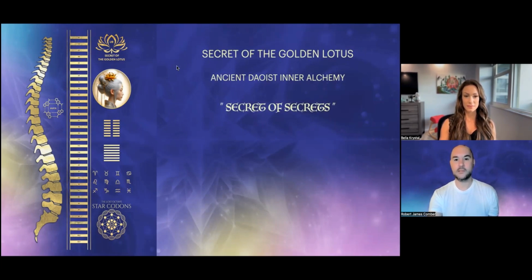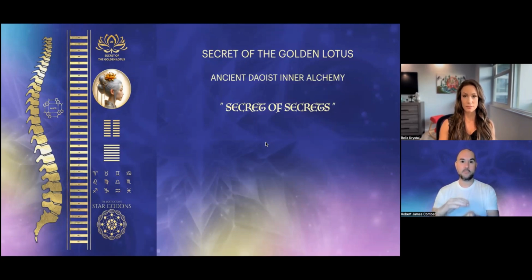This is known as the secret of the golden lotus. One of its titles is the secret of secrets. Out of all of the amazing texts, this was like the Bible of the East, the unwritten Bible of the East. This was the verbal transmission; for those that understood these processes, that was the gift of their way into enlightenment, their way into recognizing themselves as the divine.